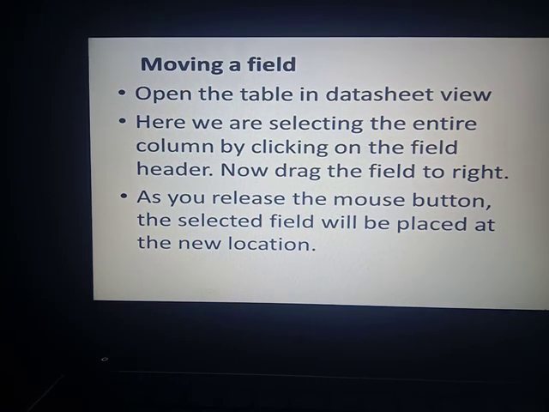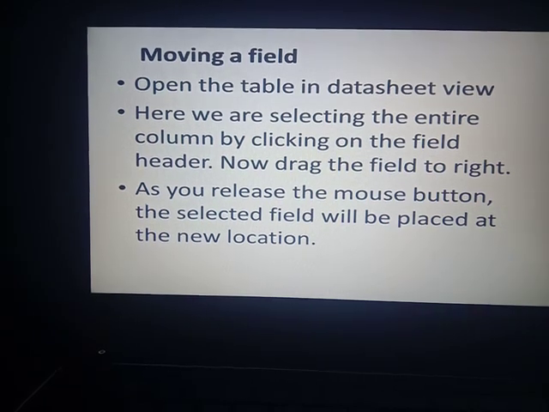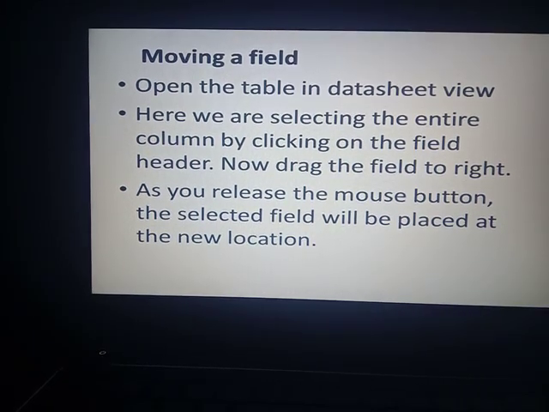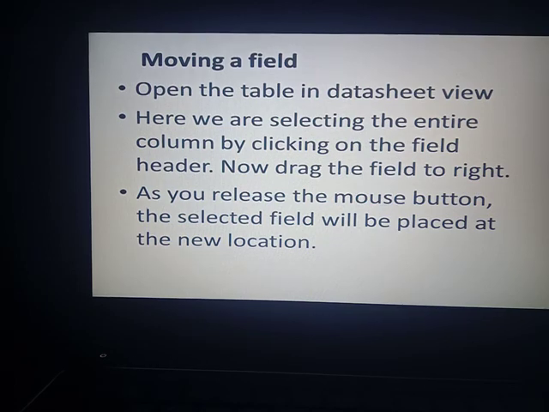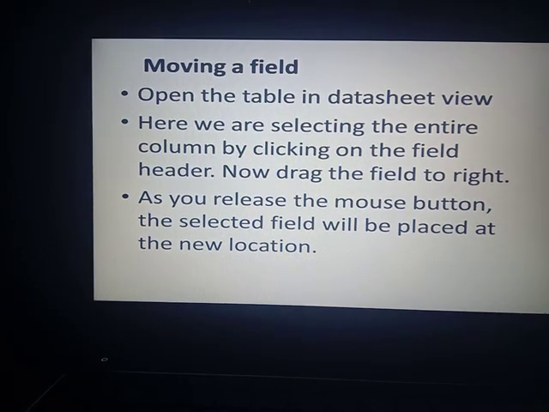In Datasheet view, you have to select the particular column, or you can select more than one column which you want to move, by pressing the left mouse button.